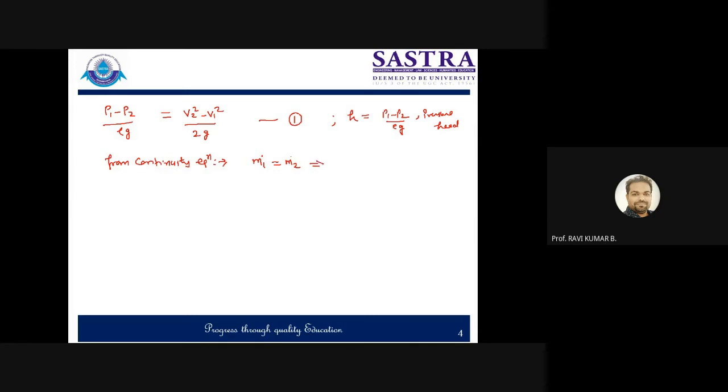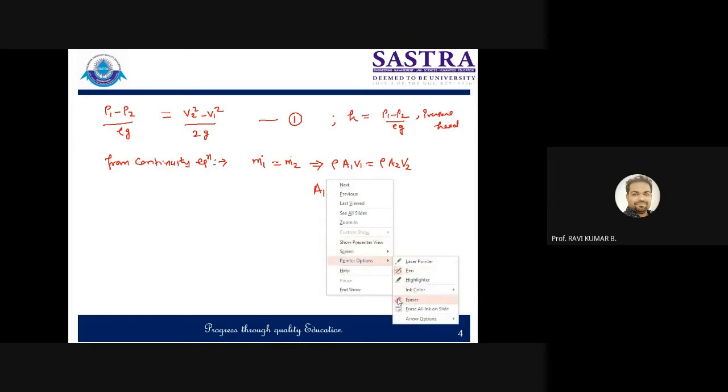If we talk about the mass flow rate for an incompressible flow situation, where we can neglect density, or you can even write it with density, rho A1 V1 is equal to rho A2 V2. This equation we can write from the continuity equation. So from here we can find a relationship between the velocity at inlet and exit. Density is going to cancel out. We'll have to write this in terms of velocity, because the area in terms of geometrical parameters we need to define.